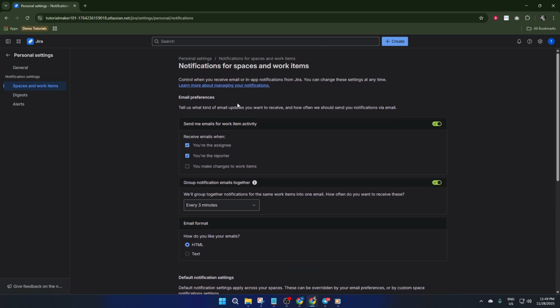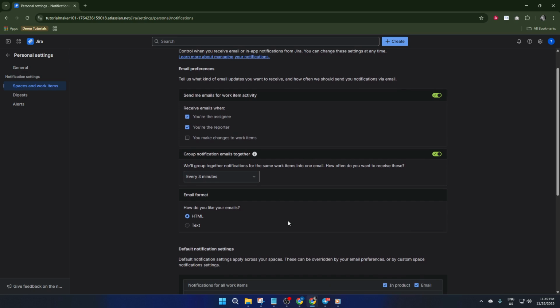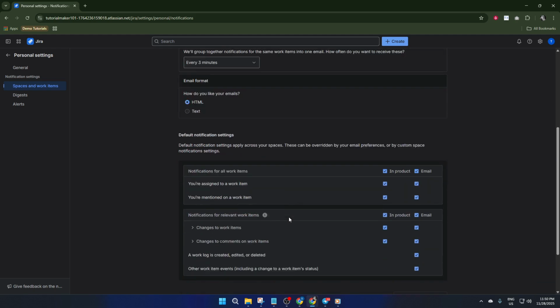For example, under the Email Preferences section, you're able to decide what kind of email updates you'd like to receive and the frequency of these updates. It's super important you set these right, as they determine how engaged you are with your ongoing projects. You'll see options to receive emails based on whether you're the assignee, the reporter, or whether you've made changes to work items. This is incredibly useful as real-time updates keep you in the loop, ensuring you're never left in the dark about crucial tasks. There's also an option to group notifications together, because let's face it, a cluttered inbox can